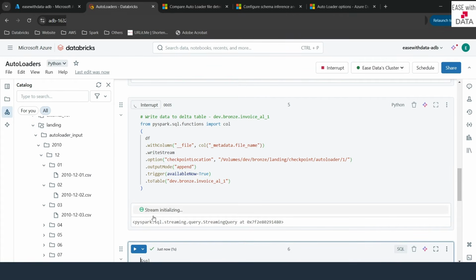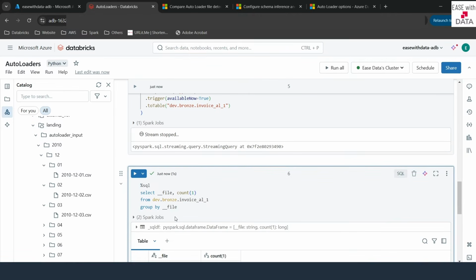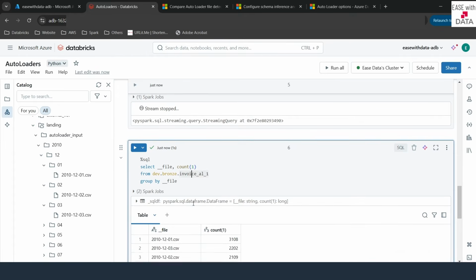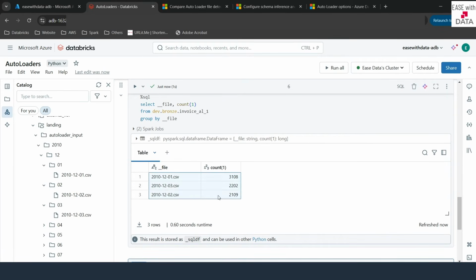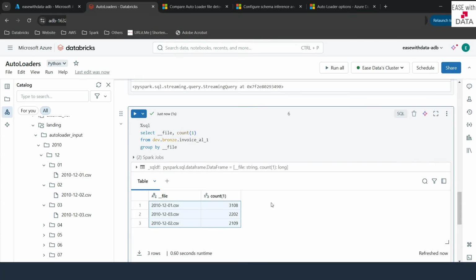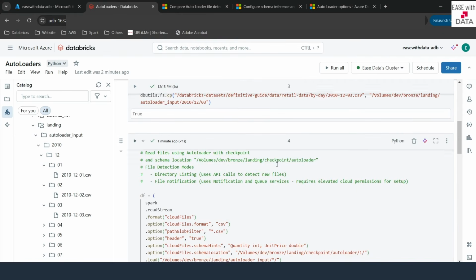Now you can see it has started the stream and it just stopped. So let me just go ahead and rerun the count command again. Now you can see the count still remains the same. It means none of the files were processed again. So now that we know that it processes data exactly once, let's add one more file for a date